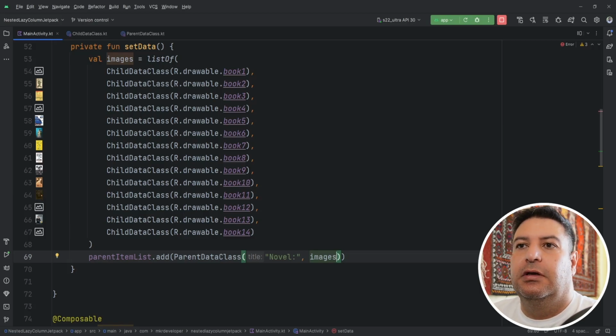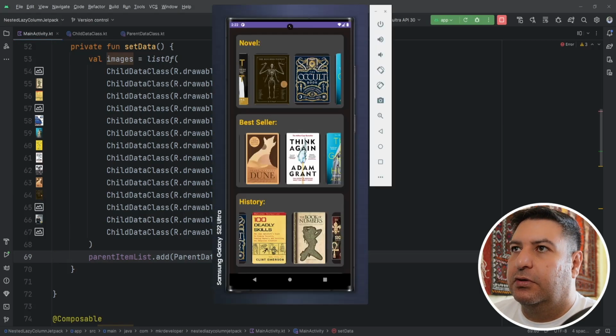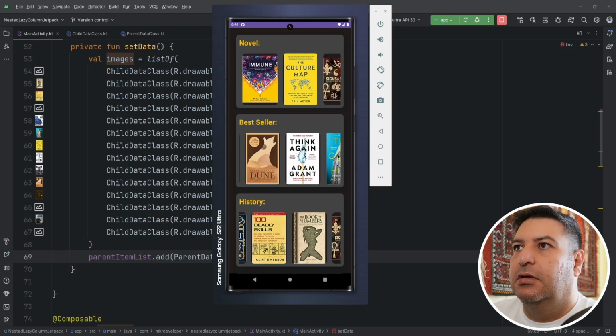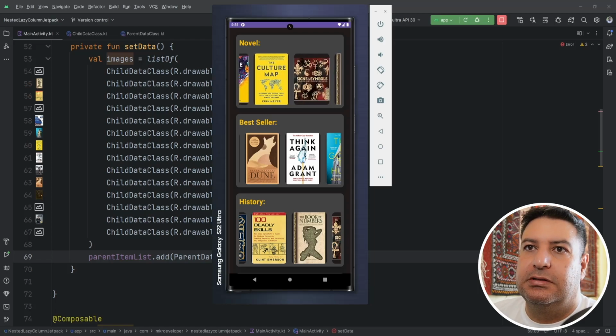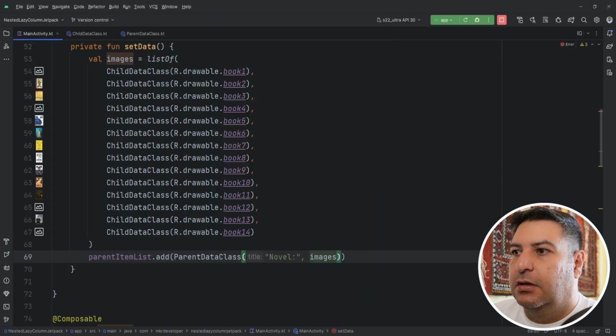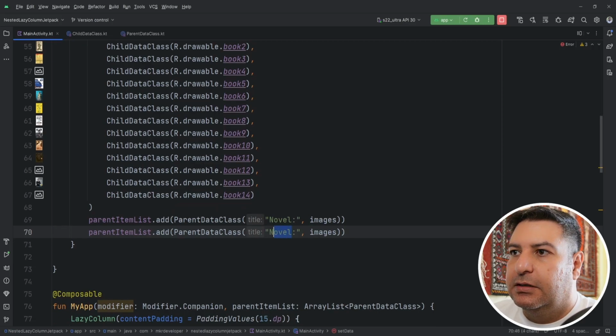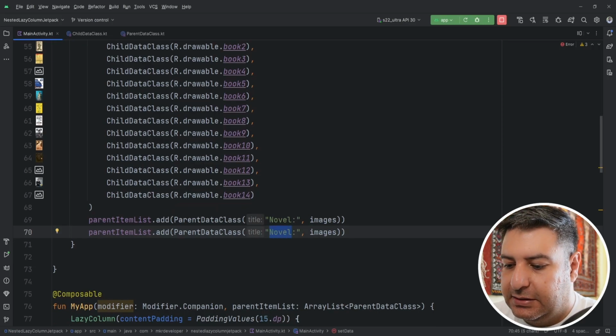For the first item, which is the novel, it can be like this list without any change. And these images will be displayed here. For the second one, I'm going to press Ctrl D, changing the name maybe to bestseller,